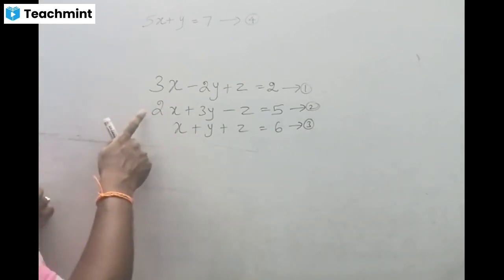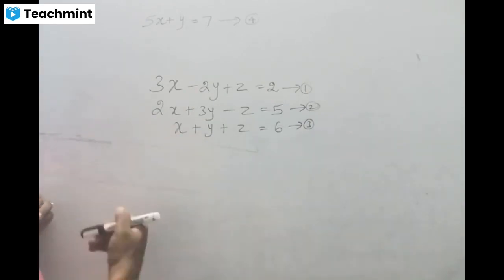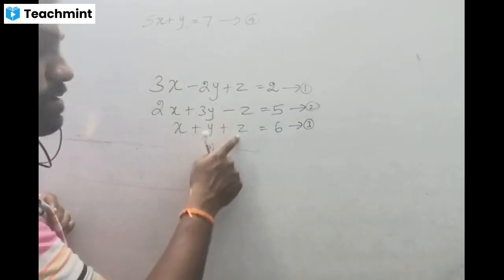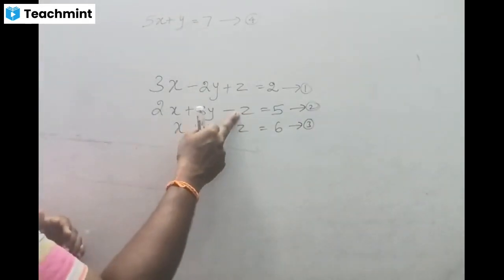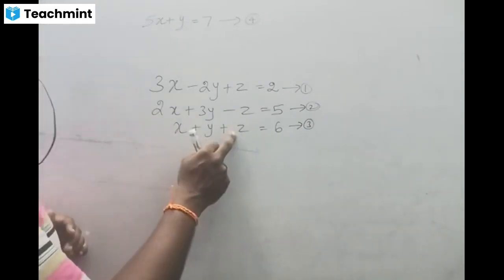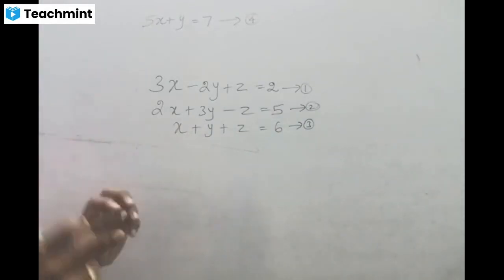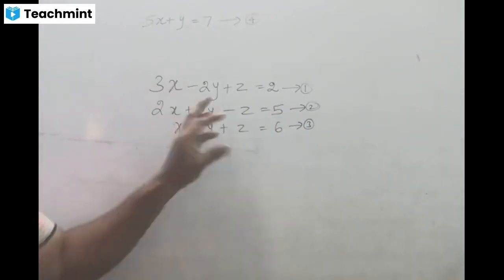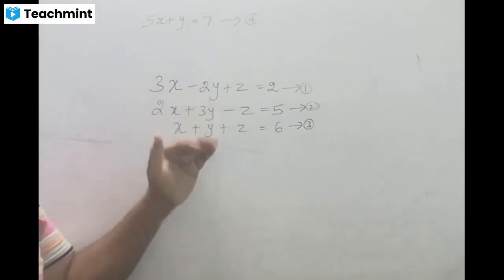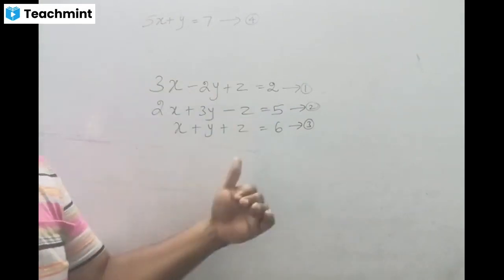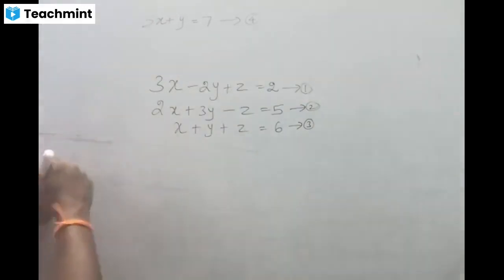So now we are going to take equations 2 and 3. Before taking, first we should observe the variable. Here both the coefficients are the same, so we can proceed as it is. If we had a 2 here, then we would have to multiply by 2 there. Suppose we have 3 here, then we have to multiply by 3. So before writing the equation, first we should observe the coefficient of the variable which is going to be eliminated. If any one is different, then we have to make them equal. Now, observing these two, both the coefficients are the same, so we can proceed as it is.